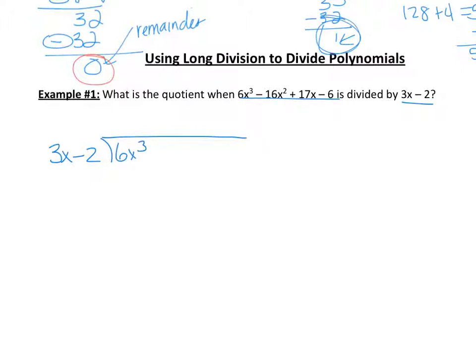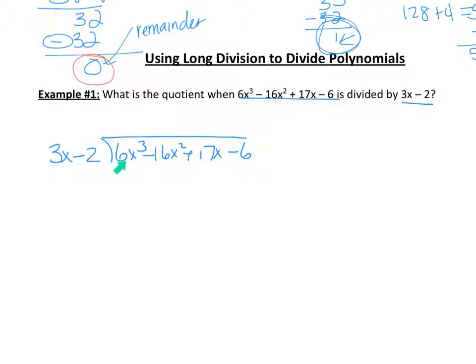Now, a few things you have to know about what I'm writing down right now. This needs to go in descending order, and we can't miss any pieces. So that descending order, just recall, starts at the largest exponent and goes down: 3, 2, 1, 0. But if there was anything missing, we would have to put something in there. We would put 0 in there as a placeholder. So then this basic process is the same. We look here at 3x minus 2, and we look at the 3x part and how it compares to this. We say to ourselves,